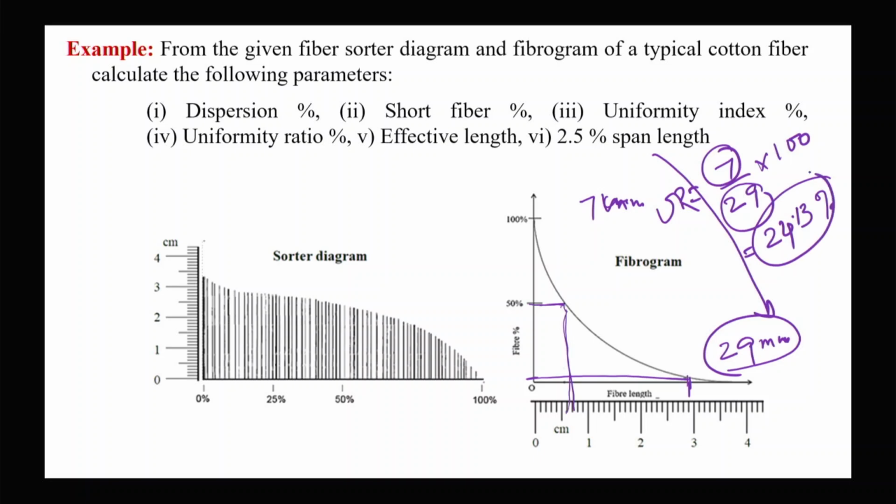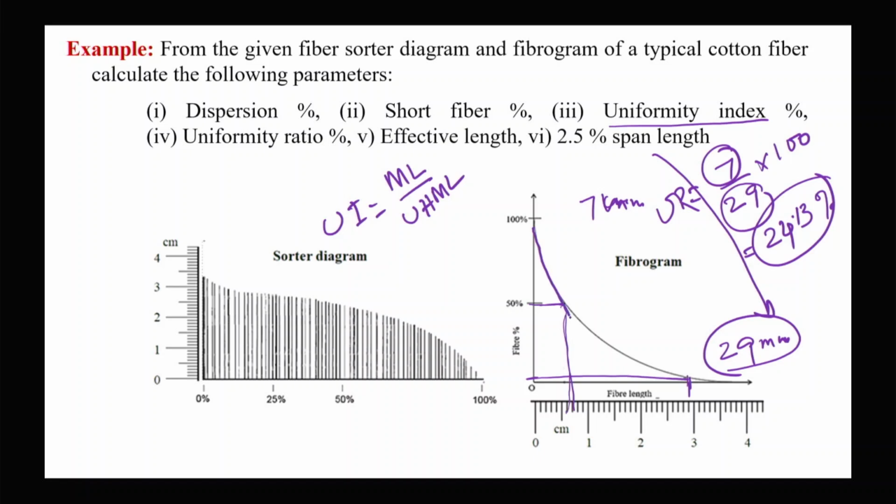24.13% is the uniformity ratio, which is on the lower side. Okay. Now next is the uniformity index. Uniformity index is the mean length by the upper half mean length, and mean length is defined by, so what we have to do, you draw